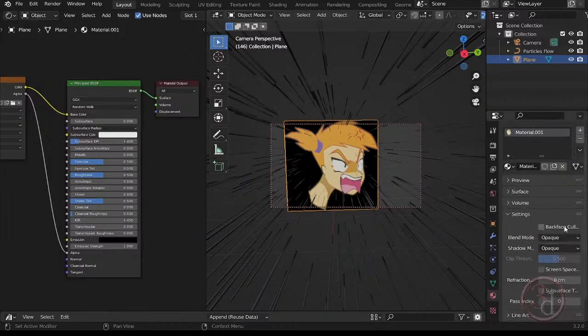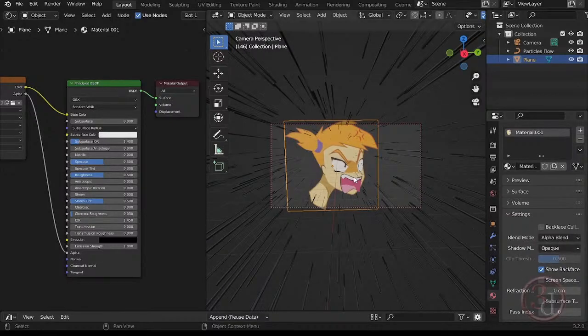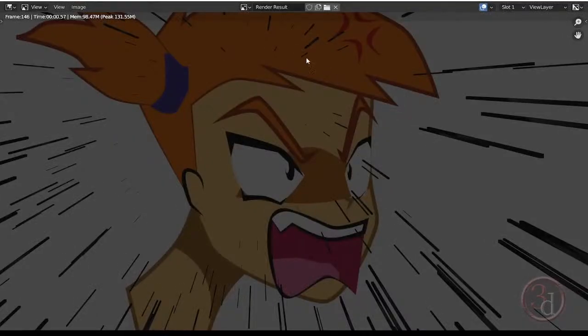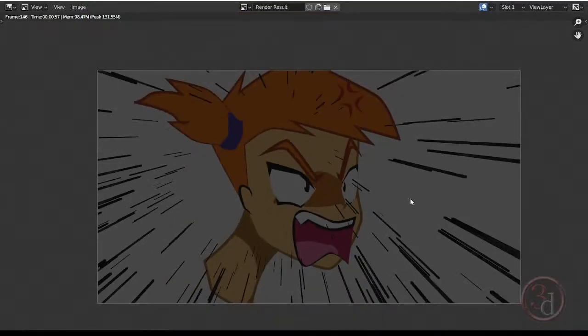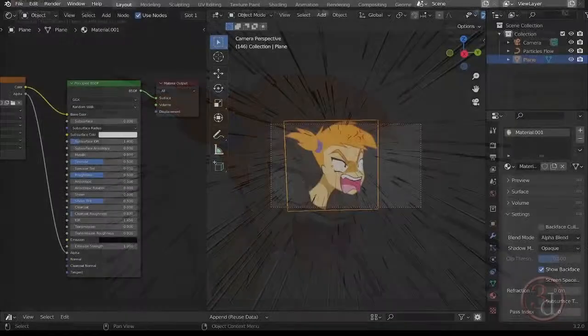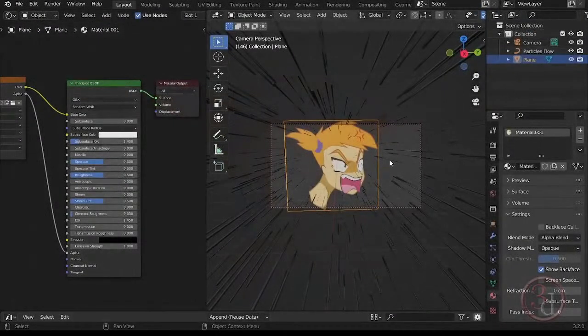Okay, let's come over here to the blend mode and select alpha blend. And now if I render, now you can see I'm getting it. I just need a white background. Okay, so in order to get that effect,